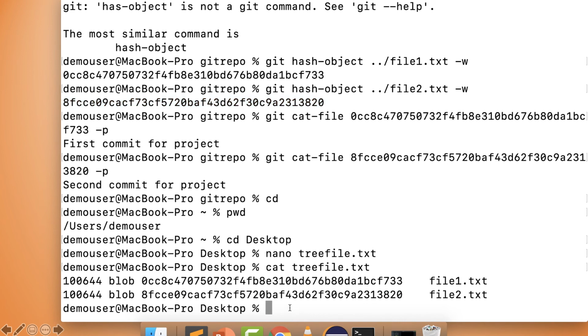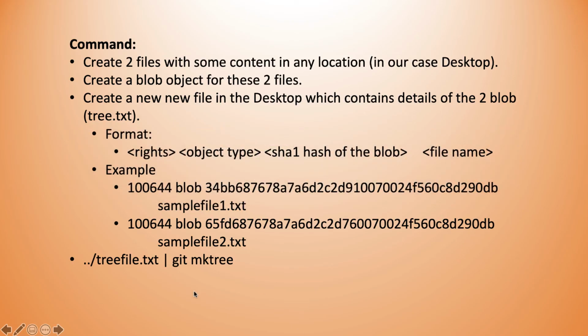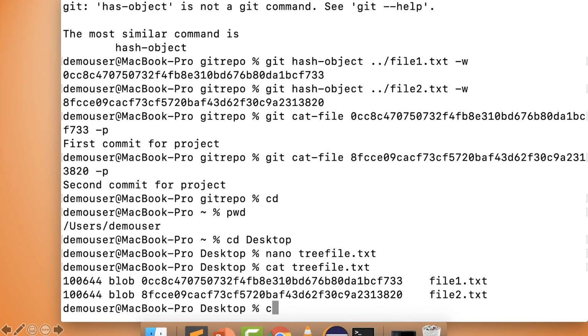So now we have this particular text file, and now we'll create a tree object. For this we have one more command, that is git mktree, that is make tree. So I'll go again back to my git repo.